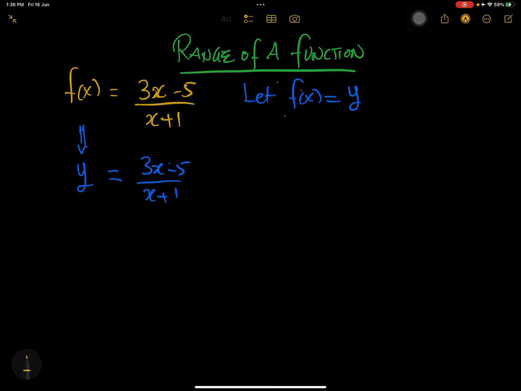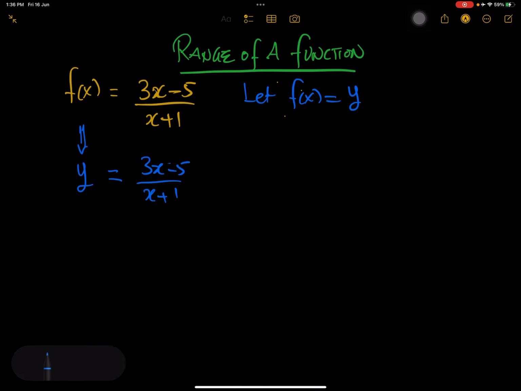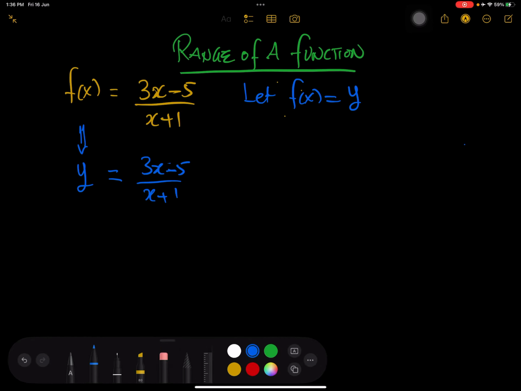Yes, 3x minus 5. And then also, we're having 3x minus 5 here. So we made y equal to 3x minus 5 divided by x plus 1. We want x to stand alone. Now, we know from a theory that we learned in the past,